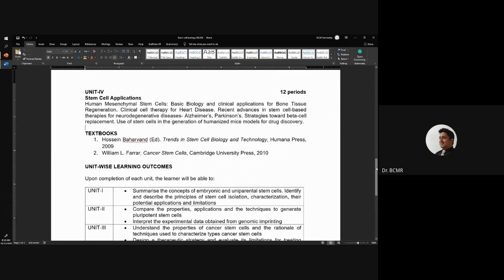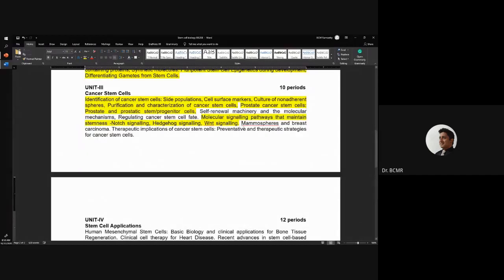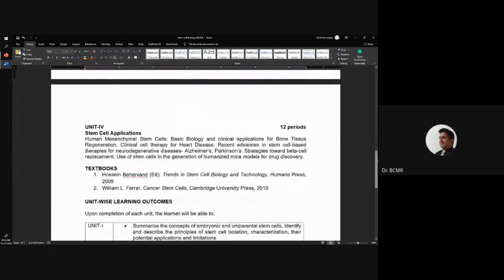If I have to take breast cancer and so on, breast cancer stem cells, everything that we are reading in this particular unit is about cancer stem cells. So I want a break from it. I want to take up the strategies for beta cell replacement. We'll learn some biology of diabetes, and then we will move on to trying to regenerate